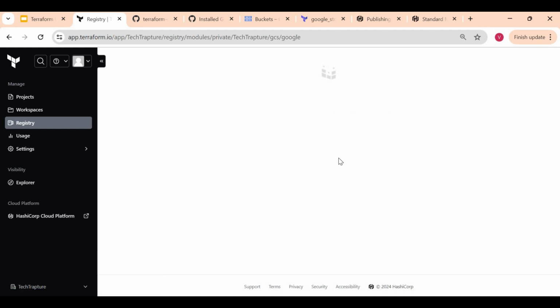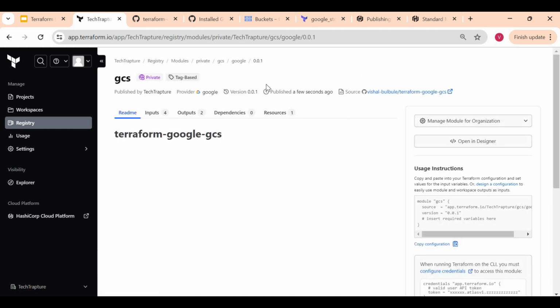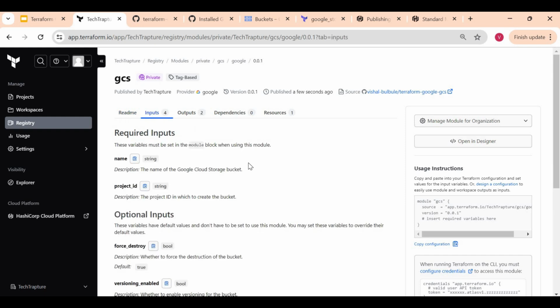So it will take a few seconds, and our module is published. Now you can see the module name is GCS. It is tag based. Okay, version is v001. Now you can see input, we have 4 inputs: